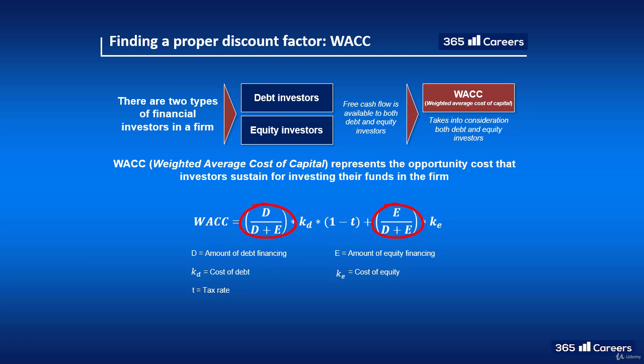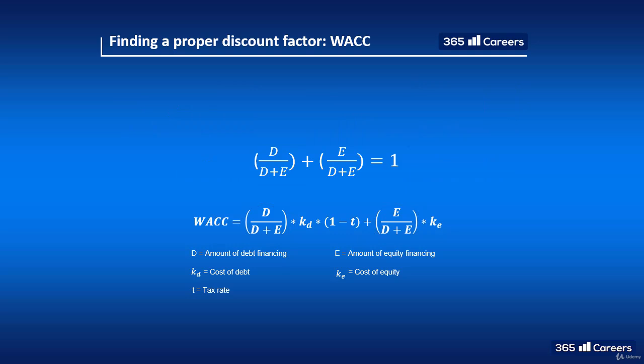It has two weighting components: debt divided by the sum of debt and equity, and equity divided by the sum of debt and equity. The sum of these two components is equal to 1, of course. This shows us that in a firm that is prevalently financed with debt, the cost of debt will have a higher weight. And conversely, if a company is financed mainly with equity, the cost of equity will have a higher